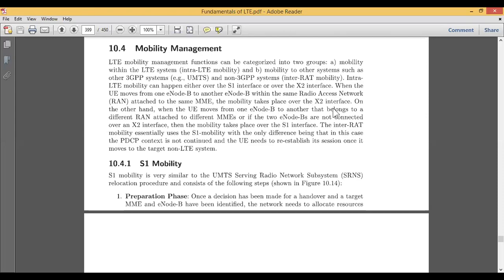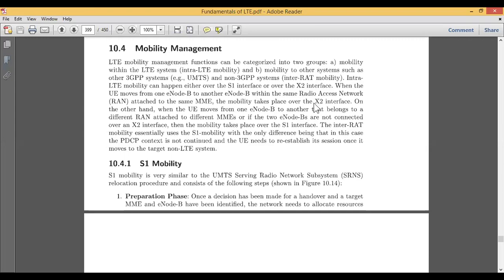For example, if you have a mobile phone and you move from one point to another within the same network area or locality, which is attached to some exchange, or simply a mobility management entity, then it falls under the X2 interface.